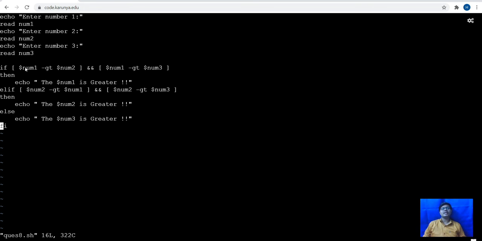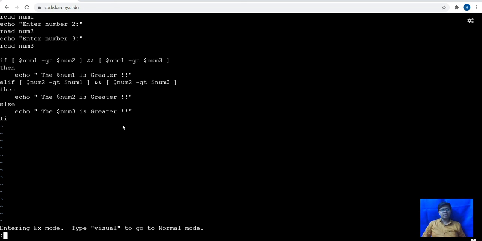After that, this condition will check if number 1 is greater than number 2 and number 1 is greater than number 3, then it will print number 1 is greater. After that, if number 2 is greater than number 1 and number 2 is greater than number 3, then it will print number 2 is greater, else it will print number 3 is greater.